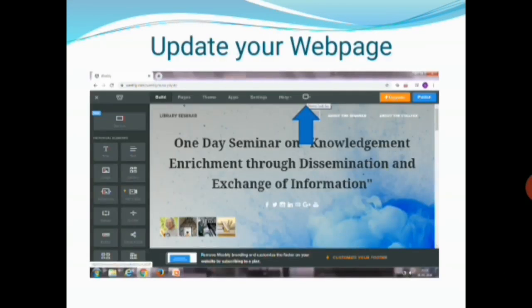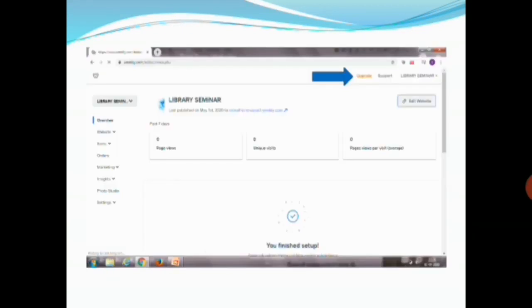If you want to upgrade your website after 1 month or 2 months, I just try to change my theme and I just add some information related to my website. In the same way you can log in to your Weebly and then you can select your website and you can easily change. You can select the update your web page option. So once you click your update option, automatically the web page shows like this.